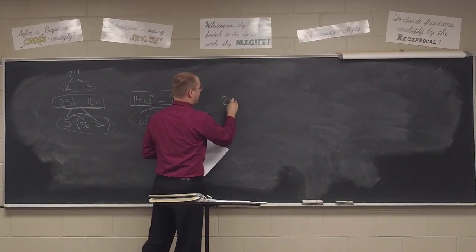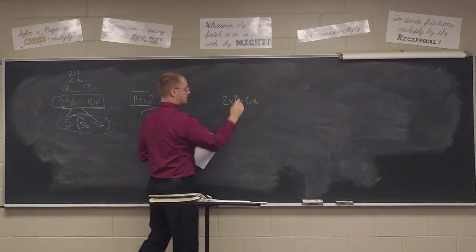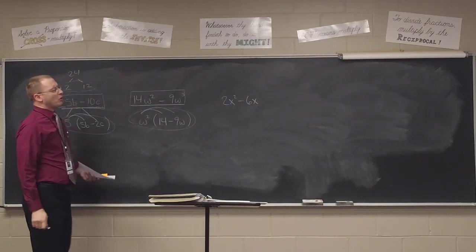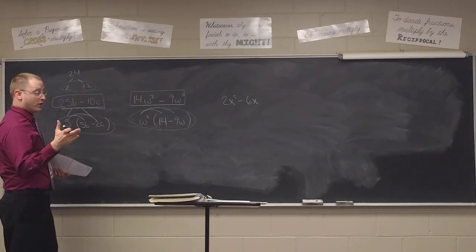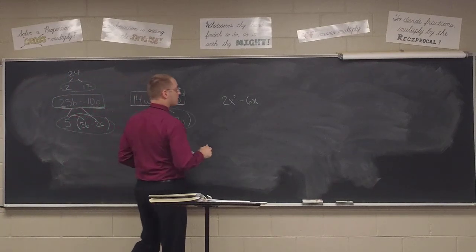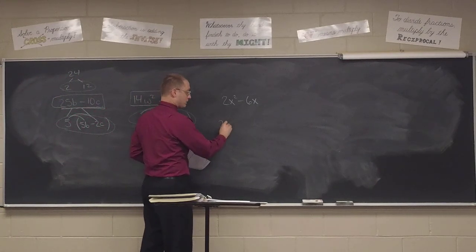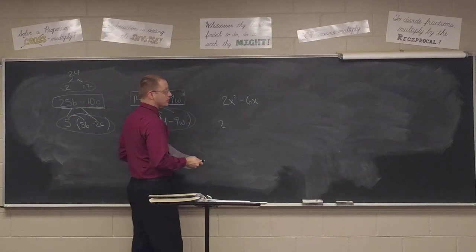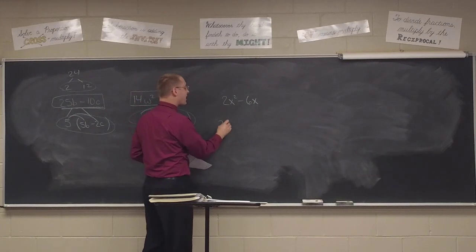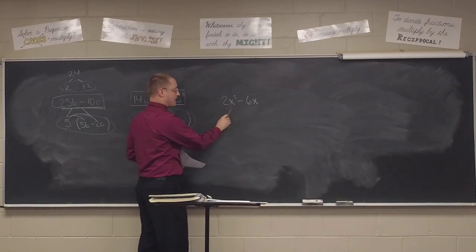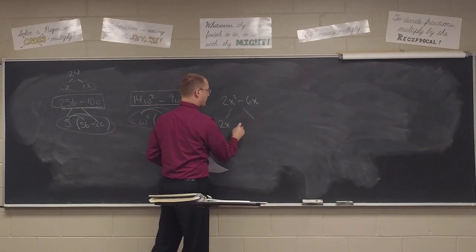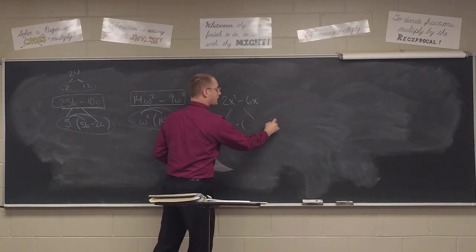Write this down. 2x squared minus 6x. What do you see that's common? First of all, number, Anna? 2. There is a number this time. What about any letters? X. They both at least have one x. That's my common monomial. That's factor number 1. Now we're going to put factor number 2, but it's going to be a polynomial, so we're going to put